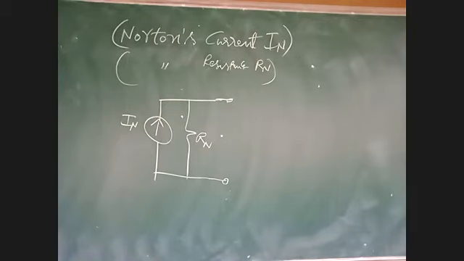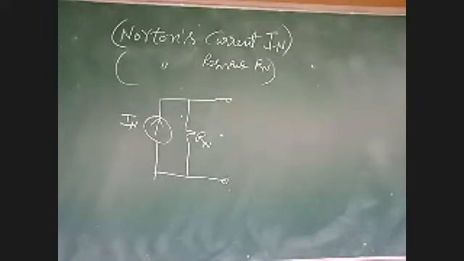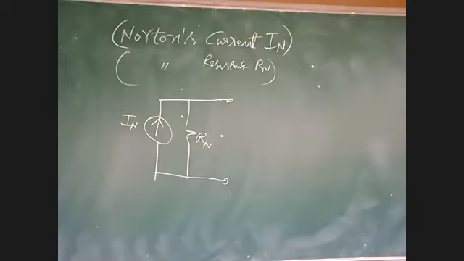This is the equivalent circuit. In exam, we have to write up to this. In Thevenin's theorem, what had we done? Found VTH and RTH, and VTH will be in series with RTH. Always, resistance will be in series with voltage. But with a current source, resistance will always be in parallel. Whatever resistance we removed, we connected in series with VTH and RTH. But here in Norton's theorem, we will connect it in parallel with IN and RN.